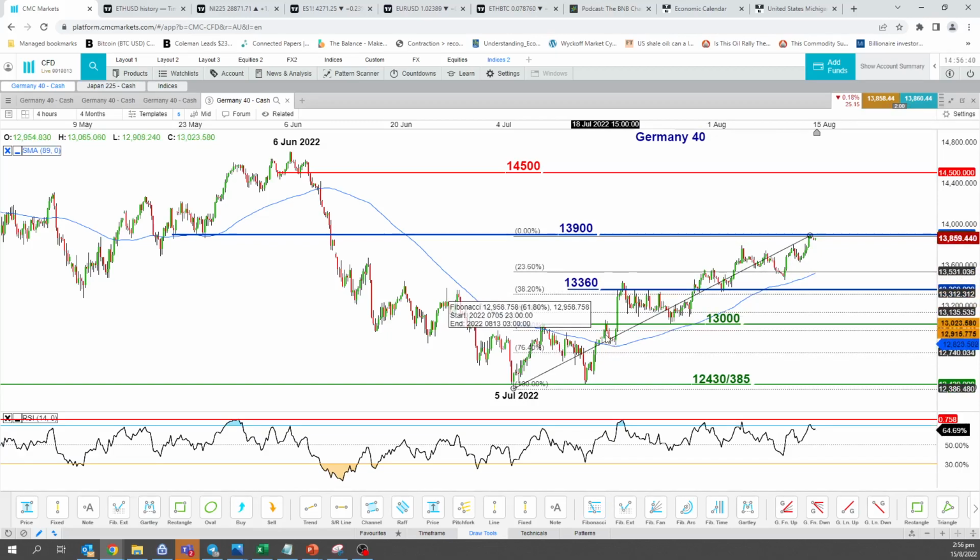So all in all, for this week we are maintaining that bullish bias on the SPX 500 and the Nasdaq 100, but do bear in mind that they're now approaching key major resistance levels. So to be a bit cautious, we actually tightened the key medium-term pivotal support. We will maintain that bullish bias on the Hang Seng index, validate a further push up on the Nikkei 225, and remain neutral for the German 40, as it still hasn't had a clear break above the 13,900 level, with mixed elements.